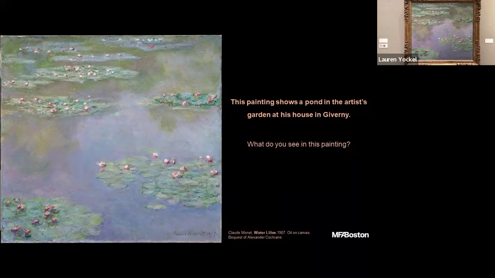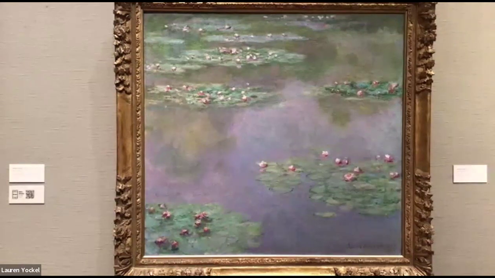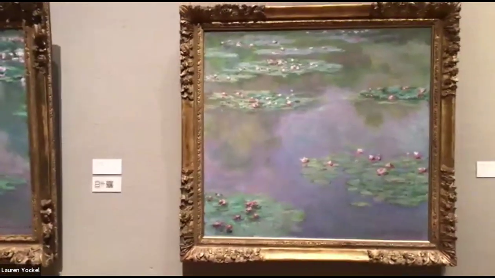Okay. So when we look at the painting, it's almost like we are just looking at the surface of the water. It's like we're standing near the pond, looking down at the surface of the water. But we really can't see what's around the pond. We can't see the rest of Claude Monet's garden, or the other things that are growing there, or where the land and the water meet. We're not seeing the larger garden. We're just focused in on the pond and the surface of the water.